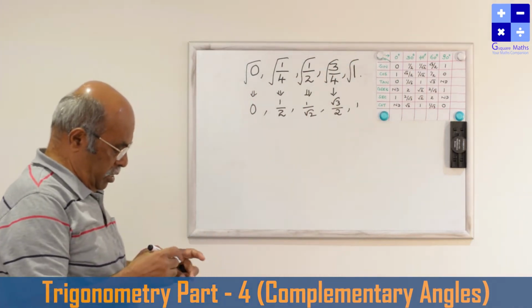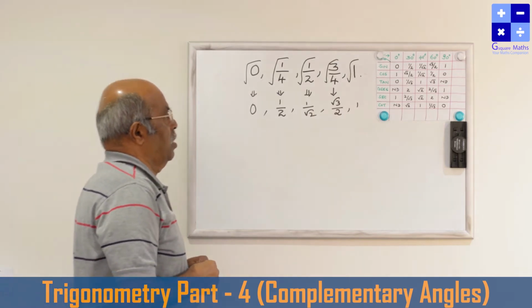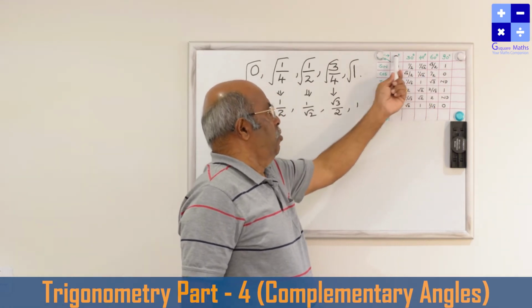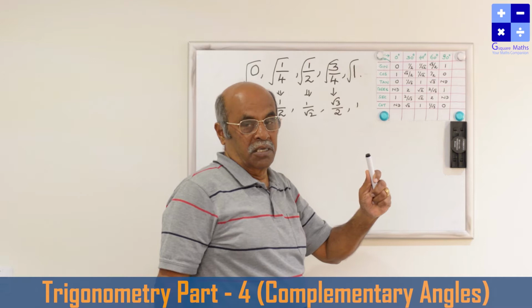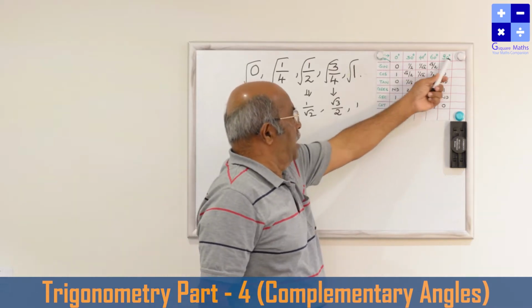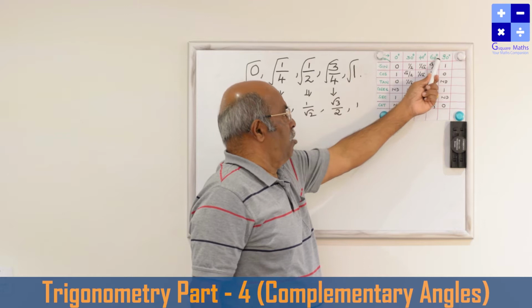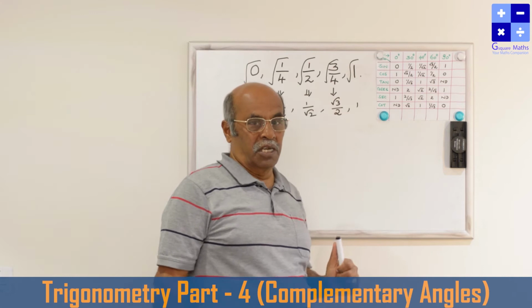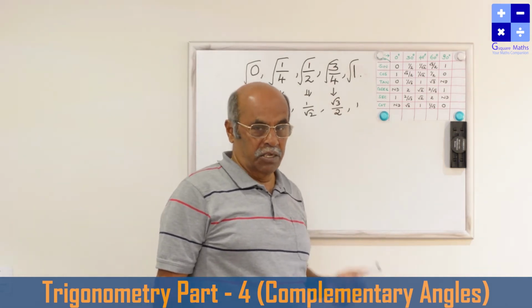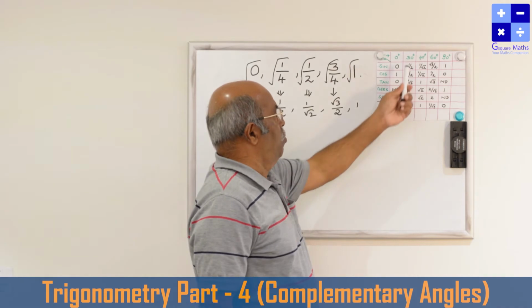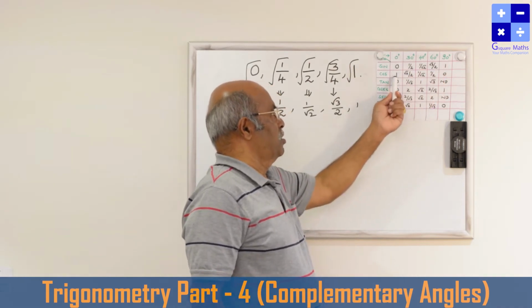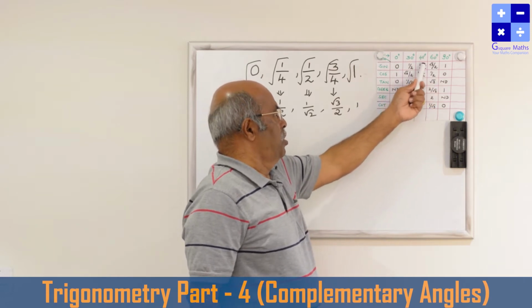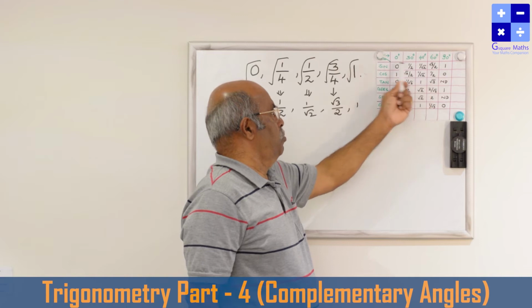Once you have written in this order, for cos just reverse it. 0 and 90 are complementary angles, 30 and 60 complementary, 45 and 45 complementary. In the next chapter we are going to see complementary angle values, and in that the things will be very clear. Now as these are complementary, it will be reversed. This is 1, root 3 by 2, 1 by root 2, root 3 by 2. This will come the same, 1 by 2, 1 by 2, 0, 0.